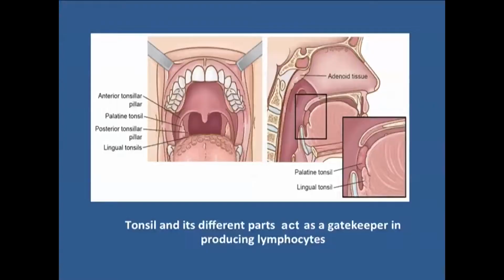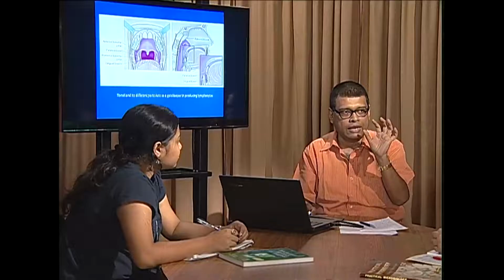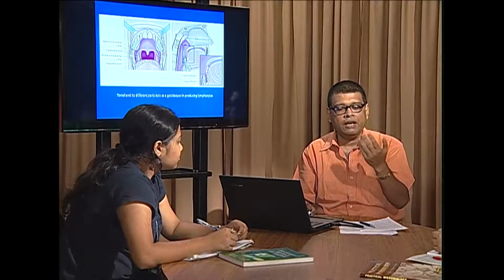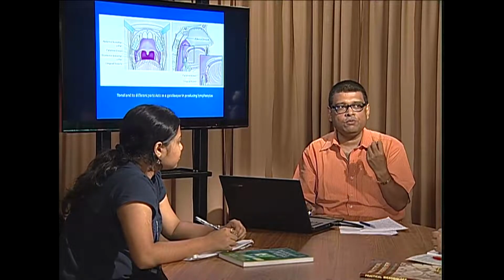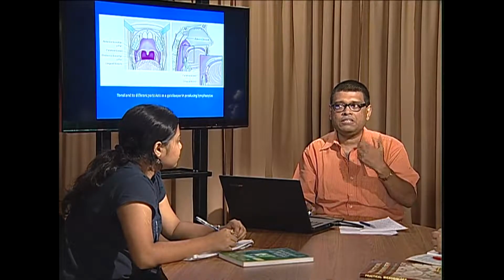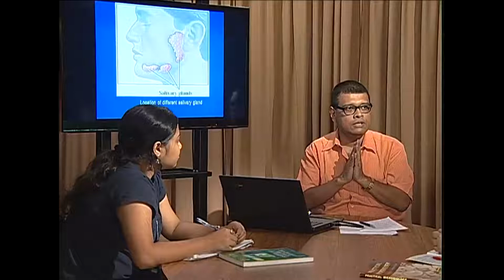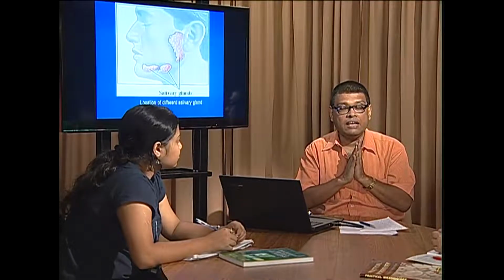But what is the importance? This particular tonsil produces the lymphocytes, which are actually activating T cells, and they are adhering to bacteria or bacterial pathogens. So thereby the tonsil is a very important structure in the human body which prevents the entry of bacteria into the alimentary canal. But coming to the next important line of defense, it is actually the digestive glands,